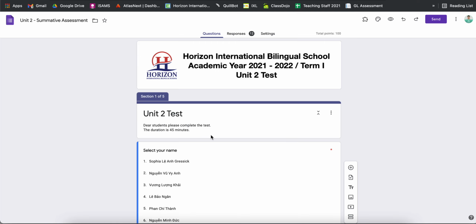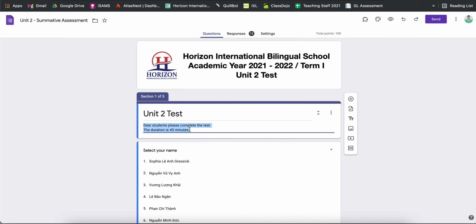Please divide your form into sections. The first section is the name of the exam, so unit 2 test, and you can give the description or expectations. Later on, I can share with you the basic explanations and the school's minimum expectations from the learners during big and summative exams. You can just copy and paste them here, or write your own